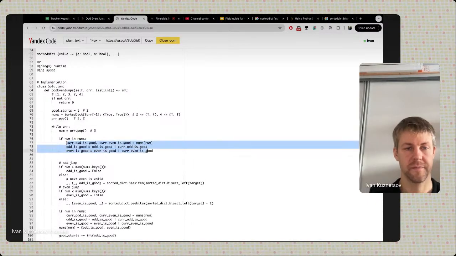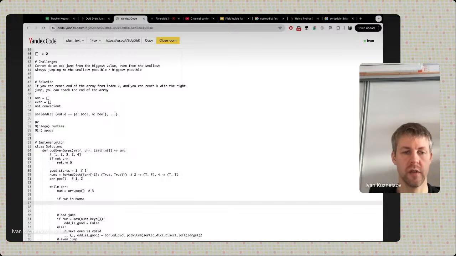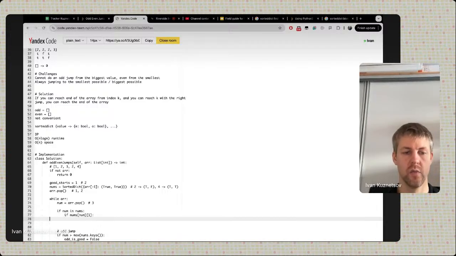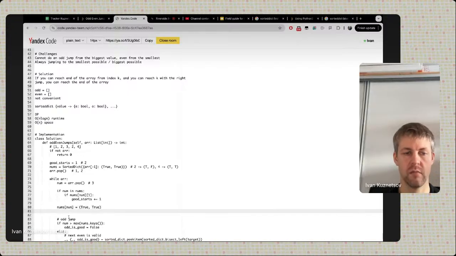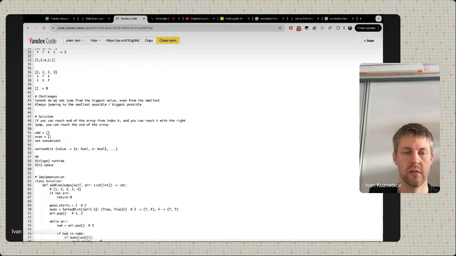So the logic will go like this. If num is in nums, then it means that we already have visited this. So then if we are doing an odd jump right now, if nums[num], then we do starts = starts + 1. So it means that we have already seen 2 duplicates. And when we are seeing the second duplicate, we can just update nums[num] to be true. So starting at this moment, we can always, when we encounter the first duplicate,